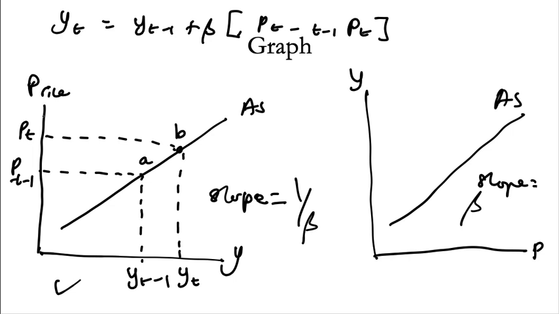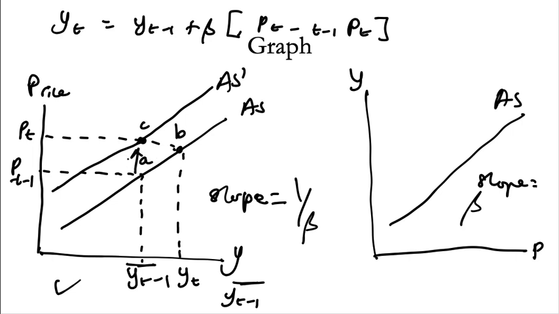Okay. However, let's say we want to hold yt minus 1 constant, but we want to move the price to pt, let's say here. So the price is pt, but the output stays the same, yt minus 1. So we call this point C. Is it on the same aggregate supply curve? No. It is obviously to the left of this aggregate supply curve. So the aggregate supply curve shifts to the left, isn't it? When price increases from pt minus 1 to pt, holding income constant, then we shift output to the left.